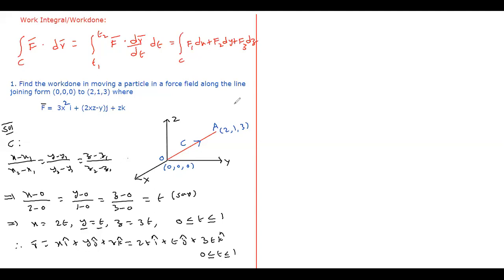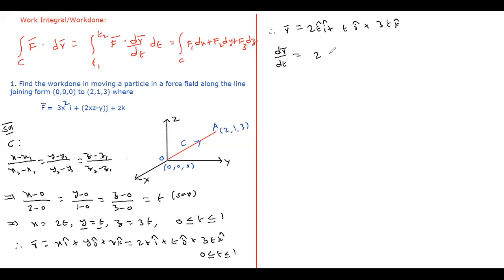So to find out the line integral, you need the curve equation. You also need the vector function. So when r bar equals 2t i bar plus t j bar plus 3t k bar, then what is dr bar by dt? Component-wise derivative, right? So what is the 2t derivative?